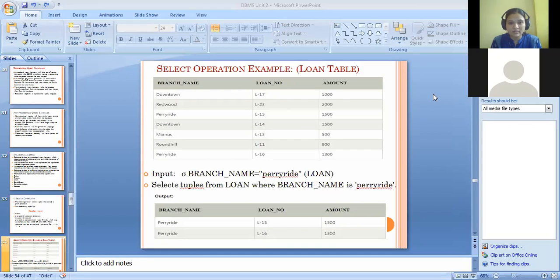There are two conditions. We have to select the loan number as well as the amount should be greater than 1000. We have to use the connector in this. No one?